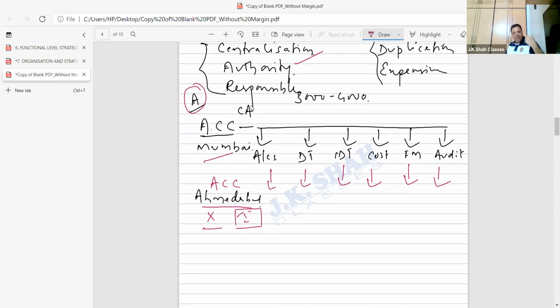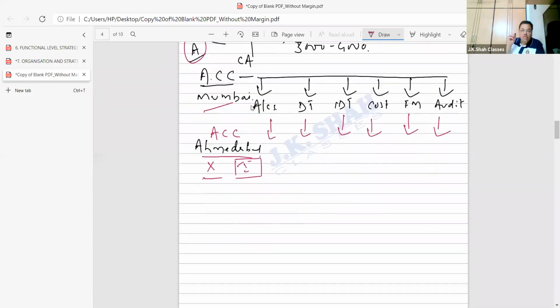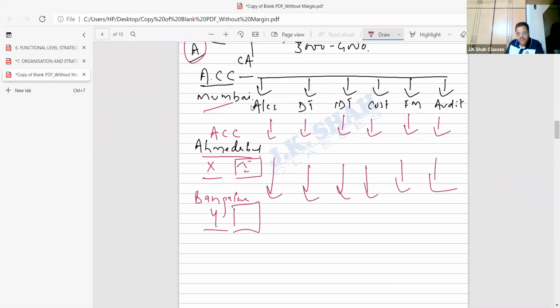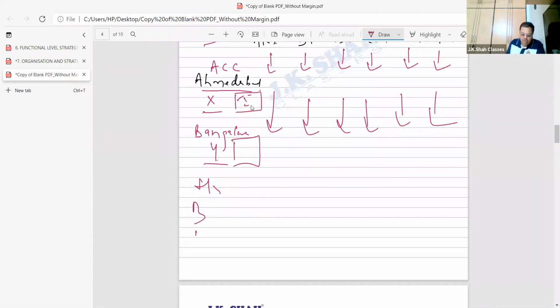Then next year, bacha, we came to know that there are many students who do CA, they are from Bangalore. I said, okay, let's go, we will go to Bangalore. In Bangalore I appointed Mr. Y, you become the in charge. Fine. Now, bacha, I had teachers in Mumbai also, Ahmedabad also. So I started sending teachers from Mumbai, from Ahmedabad, and these teachers would come and take lectures. And Mr. Y was told, I will buy a house for you in Malleshwaram. I will give you a Maruti car also. You become the in charge. So definitely. Then what happened? Then bacha, Hyderabad. Then what? Baroda. Then what? Dubai.